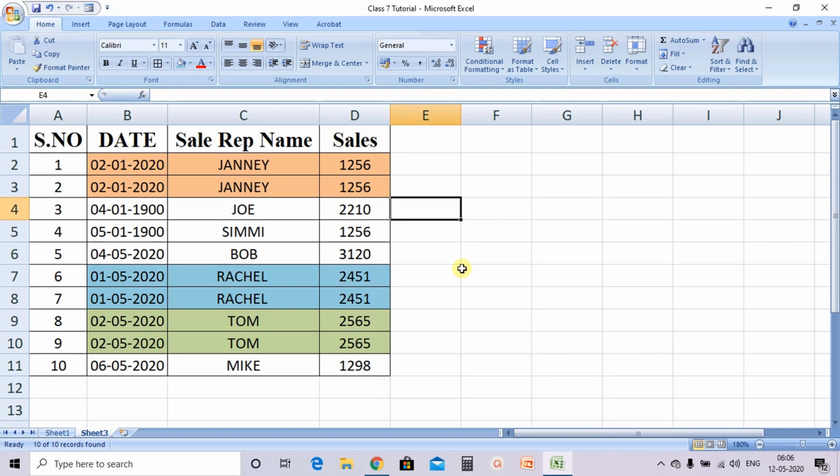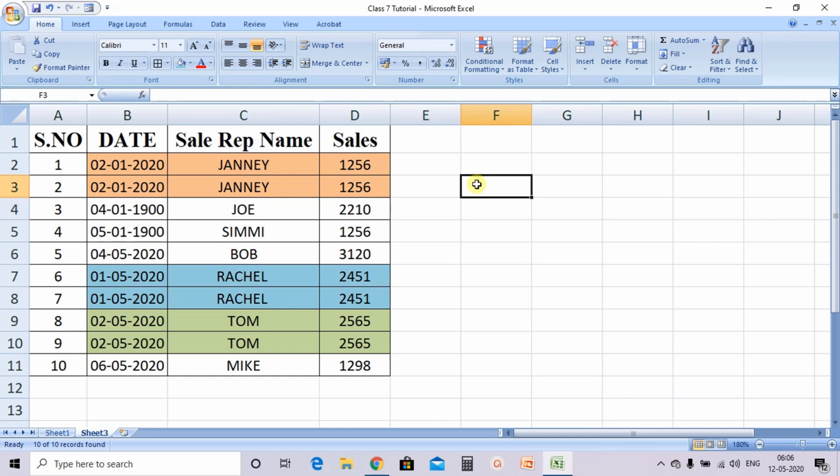Okay, we were talking about the advanced filter option, and what we were saying is that advanced filter option is used to copy down the data set, the records, onto a new location. But if there are some duplicate values, it will remove the duplicate values also.